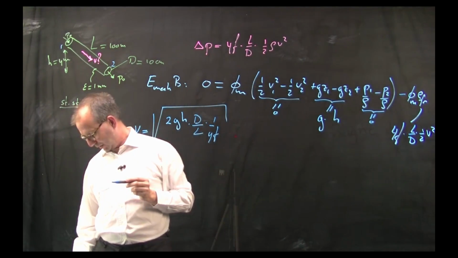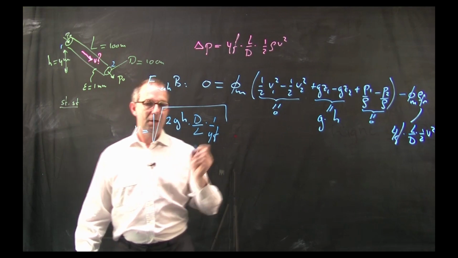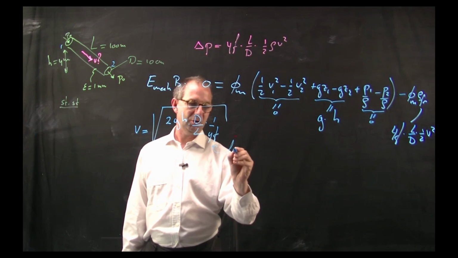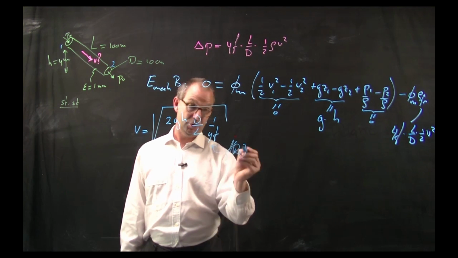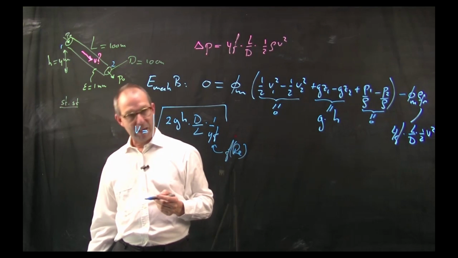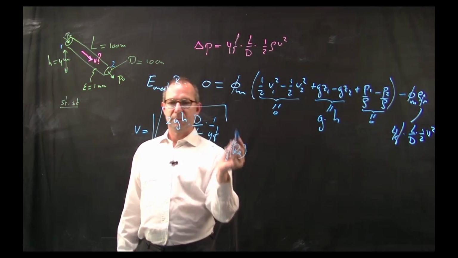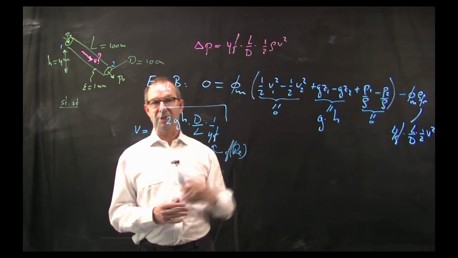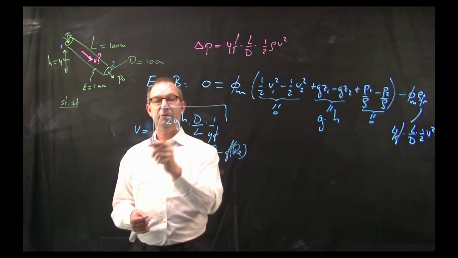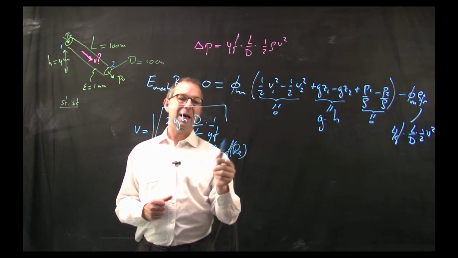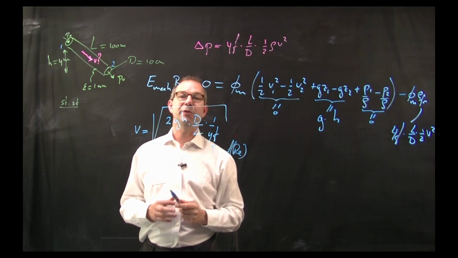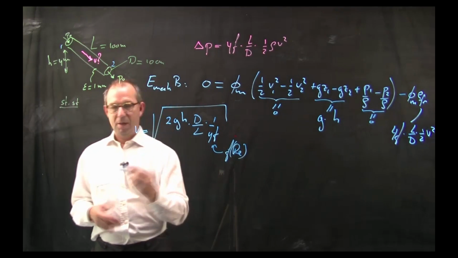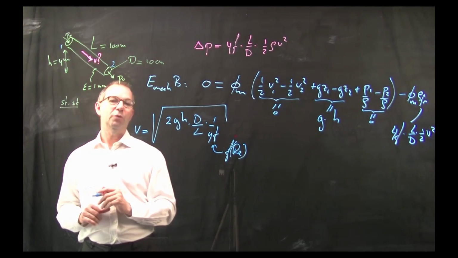Let me check for a second. Yep. Okay, what's the problem here? This is a function of the Reynolds number and thus of the velocity that I don't know. But we've seen this before, just like when determining the terminal velocity of an object that I drop down, for instance this pen, then the velocity can be written in terms of gravity and not a Fanning friction factor, but a drag coefficient, and the drag coefficient is a function of the Reynolds number. Same idea applies here. I'm going to solve this iteratively.